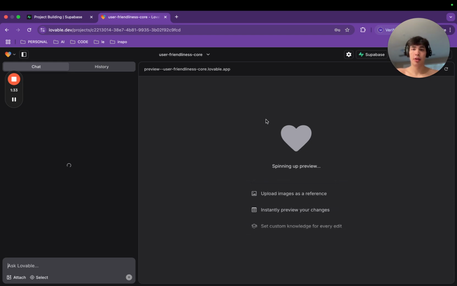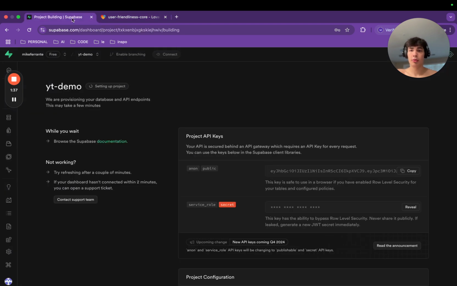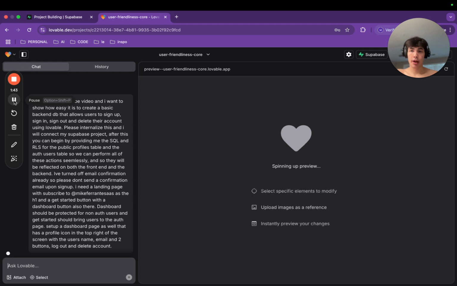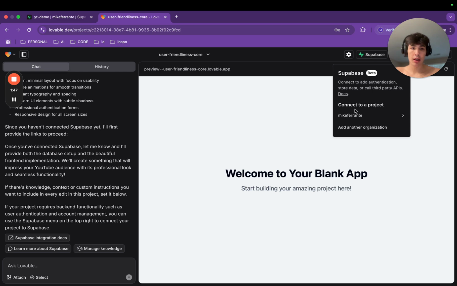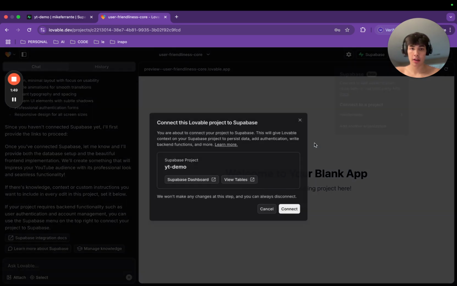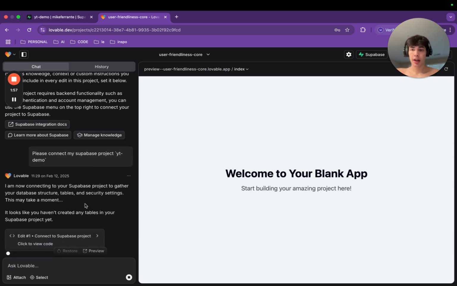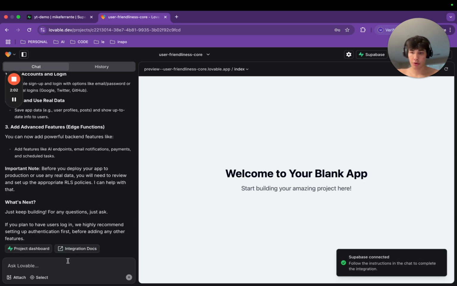It's spinning up a preview. It's going to ask me to connect Supabase, which is normal. And I'll be back when this is done. I'm back. The project is set up. As we can see here, we can connect, and that's what we're going to do. I'm going to connect to the Supabase database that we set up, the YT demo. It's connecting. We haven't created any tables, so